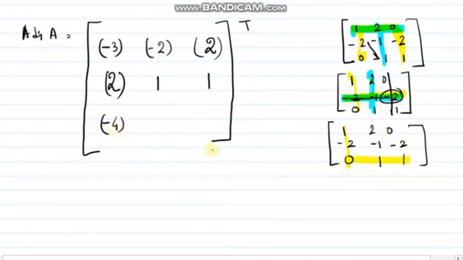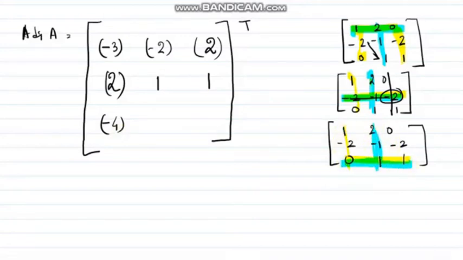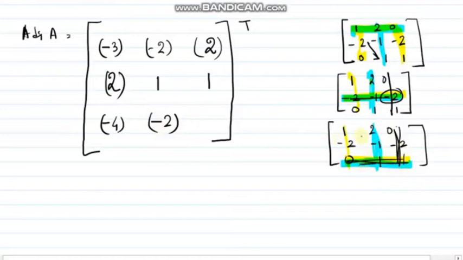I am just going to write only the minor right now. Cofactor I will calculate later. For 1 I am going to omit this, so again it will be minus 2 only. And the last one for this one, now how clumsy it becomes, I don't care. So minus 1 minus of minus 4, so this will be minus 1 plus 4, which will become 3. After this I am going to put the plus minus signs. The sign pattern will be plus, minus, plus, minus, plus, minus, plus, minus, plus.